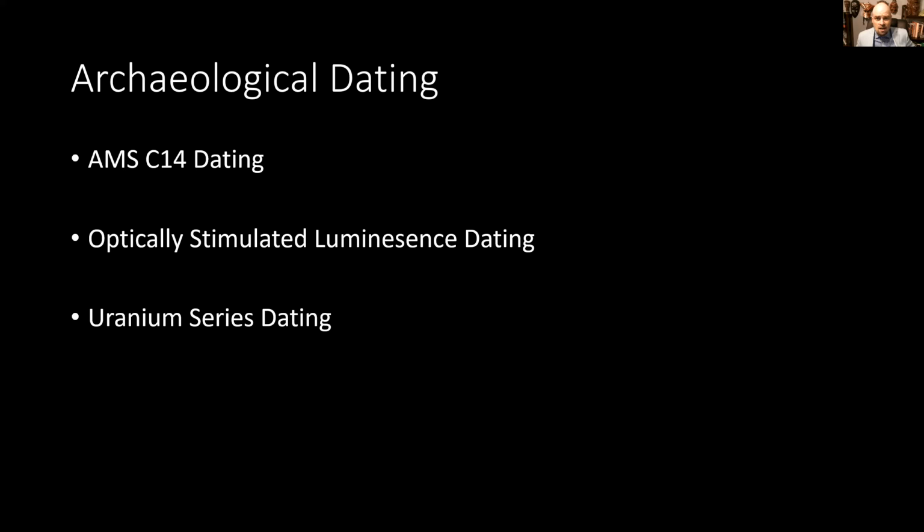So AMS carbon dating is looking at carbon and isotopes of carbon and how they decay. So isotopes are these unstable, chemically unstable variations where there are extra neutrons typically. And you're looking at the stable rate of decay over time. The thing with uranium dating, it goes back farther in time, but the date ranges that we have are larger. So instead of 20 years, we're talking about 1,000 years sometimes with uranium series dating.